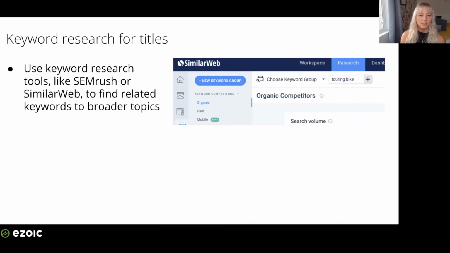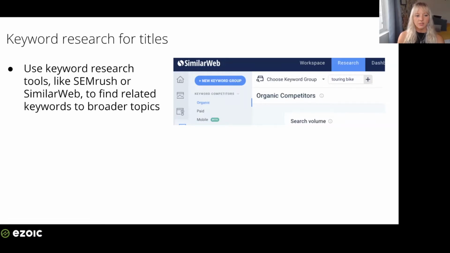So you can easily decide what to write about by going into a tool like SEMrush or SimilarWeb and typing in a keyword. So I'm into cycling and have done a bike tour. So for this example, I'm going to be using the keyword touring bike. Touring bike is a really broad keyword search to rank for. And when I typed it into SimilarWeb, the search volume is 42,833. So there's just a very slim chance I'm ever going to rank for touring bike. However, there are plenty of related keywords and phrases that we can try to rank for using phrase match or related keywords with lower search volume.